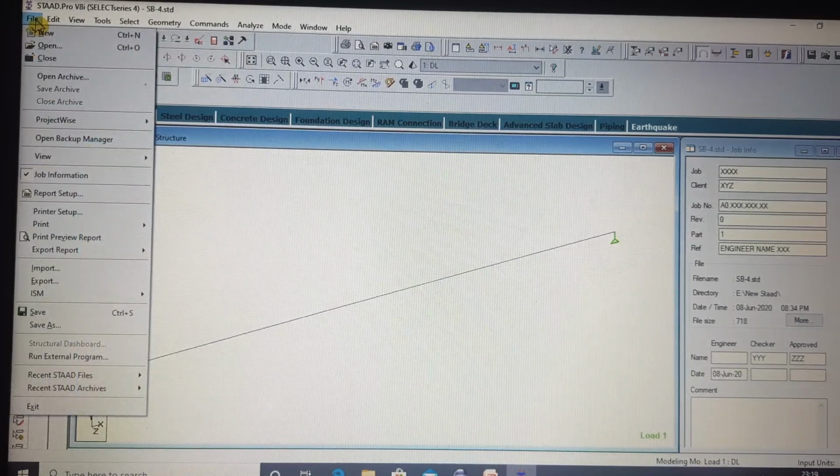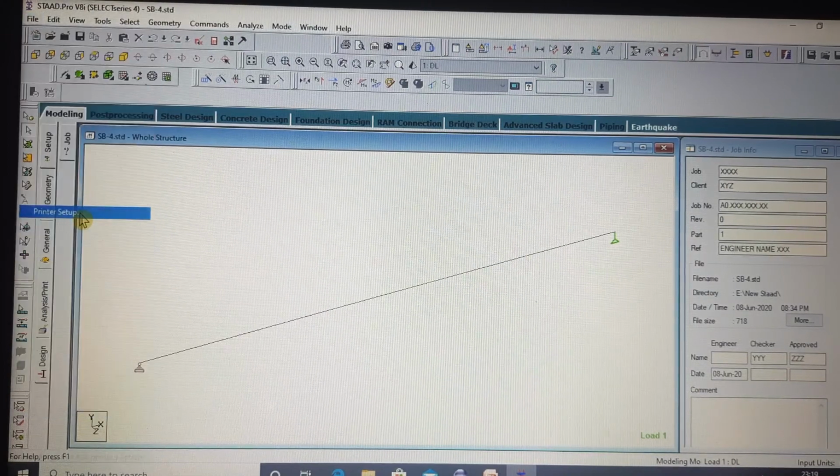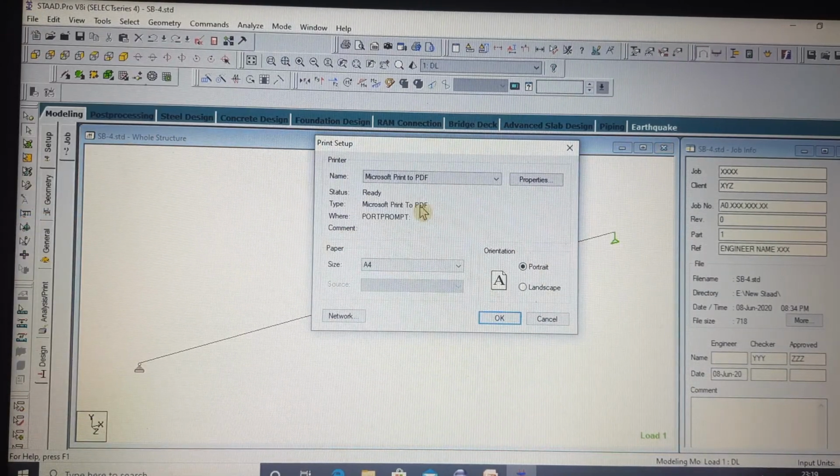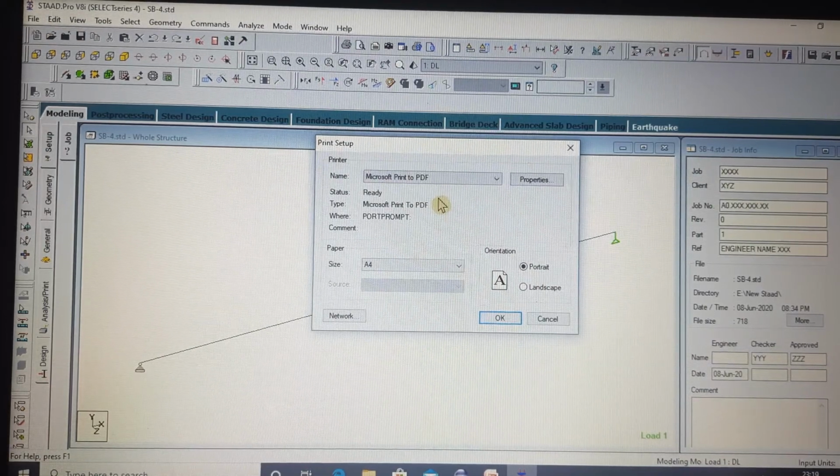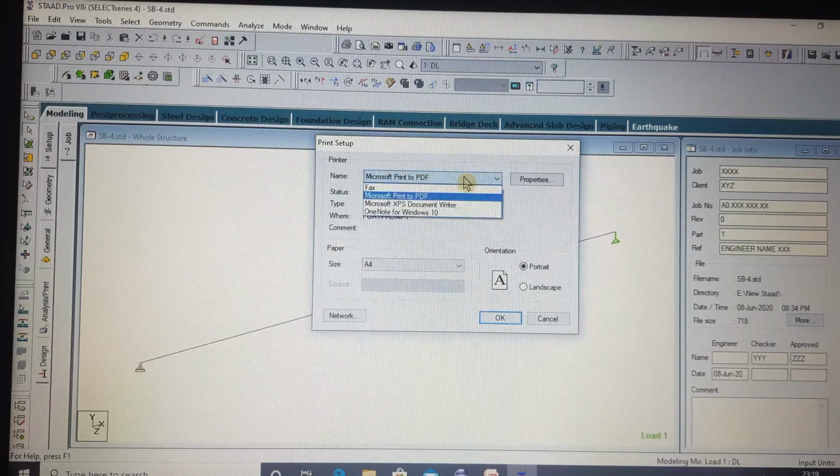Now this is your Print Setup option. If you click on this Print Setup option, it will show you the default printer. If you have installed printers on your machine, they will be listed here. Right now I have no printer installed, so it is showing the Print to PDF option.